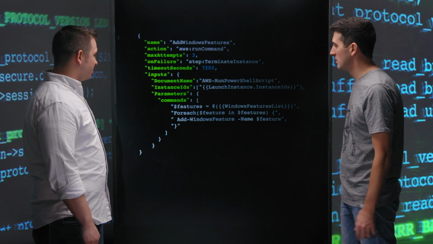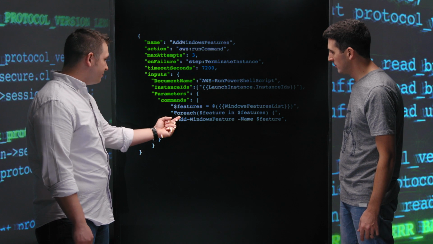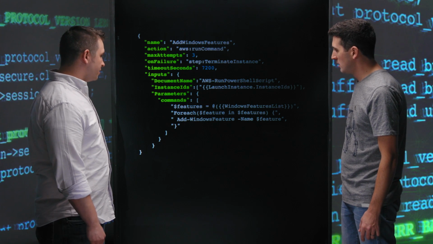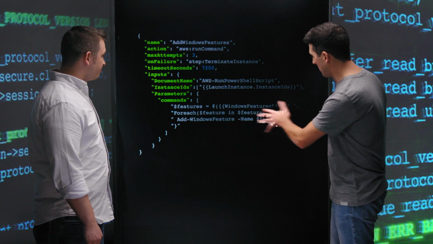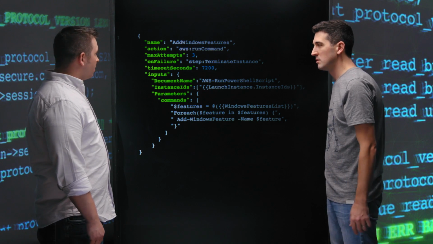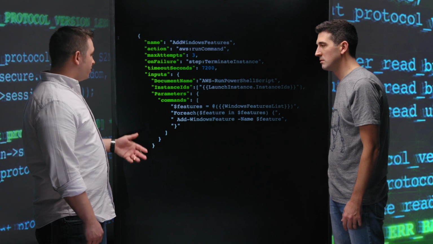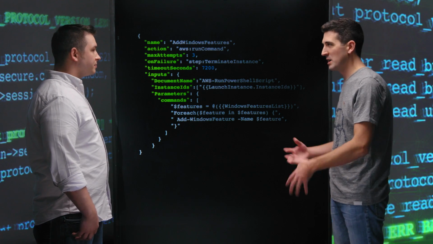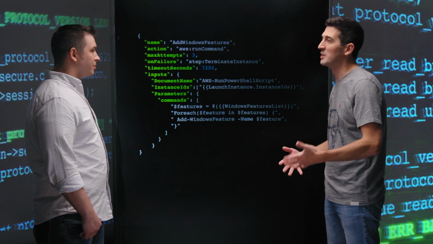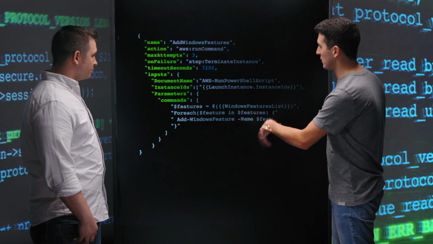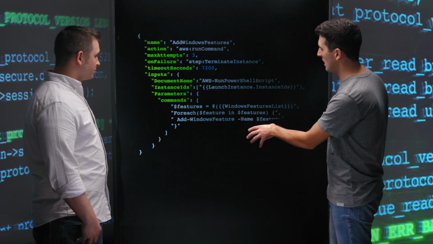Yes. And so we just looped through each of the features in this list here and install the feature onto the system. Okay, so I see the PowerShell referencing the variables. What would be an example of a Windows feature that you're installing? We use it for IIS or .NET functionality mainly. Got it. And it's customized for whatever you're going to use that instance for? Correct.